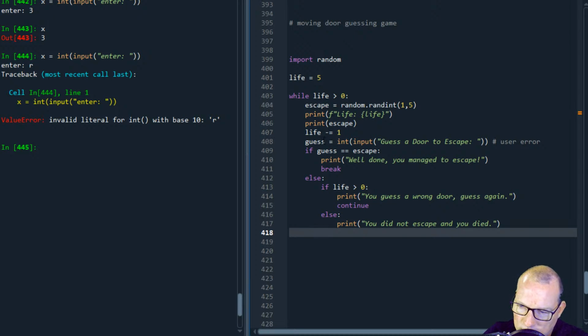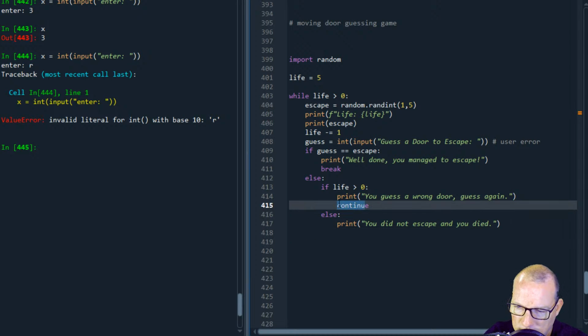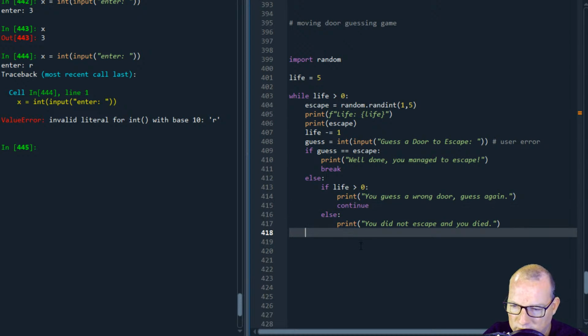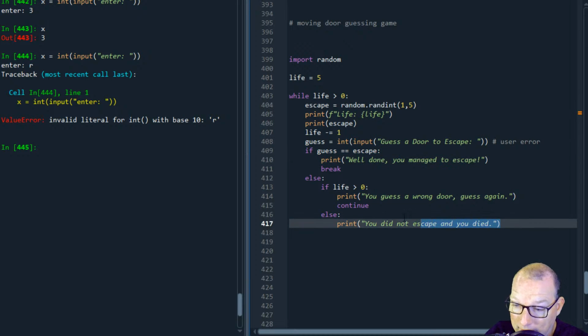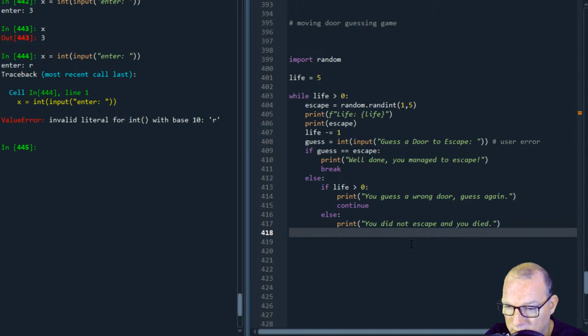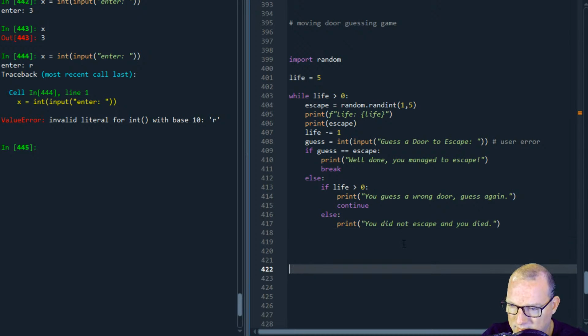So path 1, you guess, breaks out, done. If it doesn't have a guess, but you still have more lives, guess the wrong door, continue back up here. So now you have either escaped or you died, and you'll get to here. So now let's say, do you want to play again? How about we test,